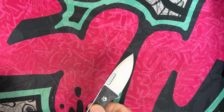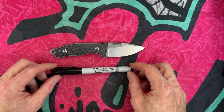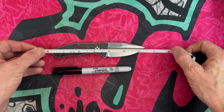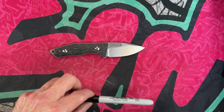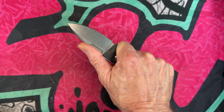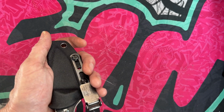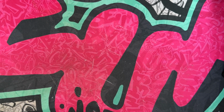But this is the Scout 2.5, one of the larger knives on our list. You'll see it's going to clock in longer than that Sharpie. It's going to come in right at 6.5 inches. A 6.5 inch, what I consider a fixed blade that will replace your primary carry. If nothing else, it makes for a great accessory pocket carry. So moving on,